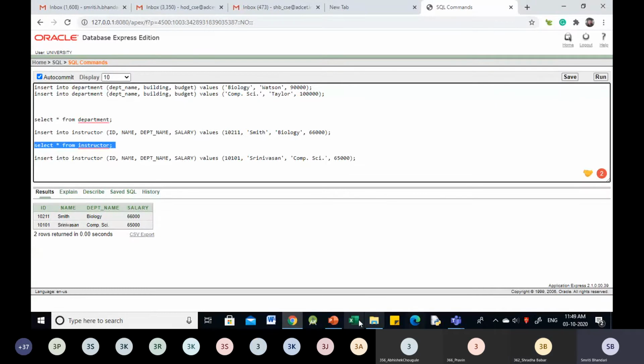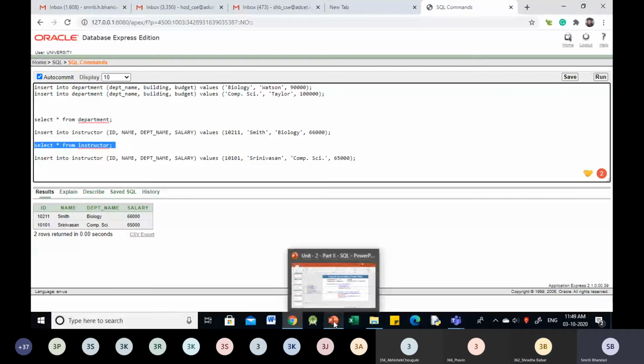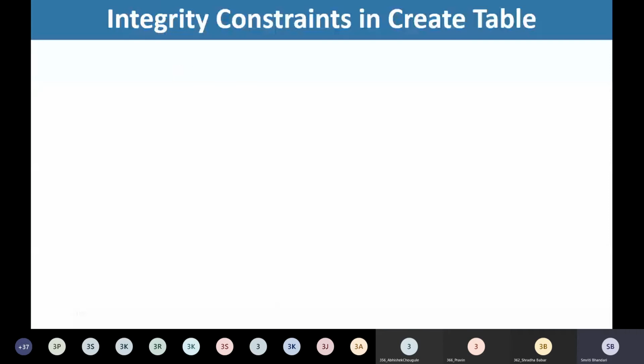Yes, ma'am. Fine. So let's go once again to the discussion regarding the next DML statement. We have seen the insert statement, right? And a simple form of select statement just to verify the data stored in the table. So let's move to the next DML statement, that is the delete statement.